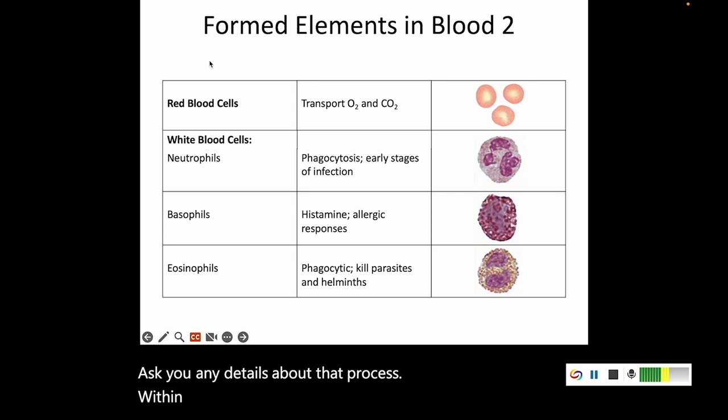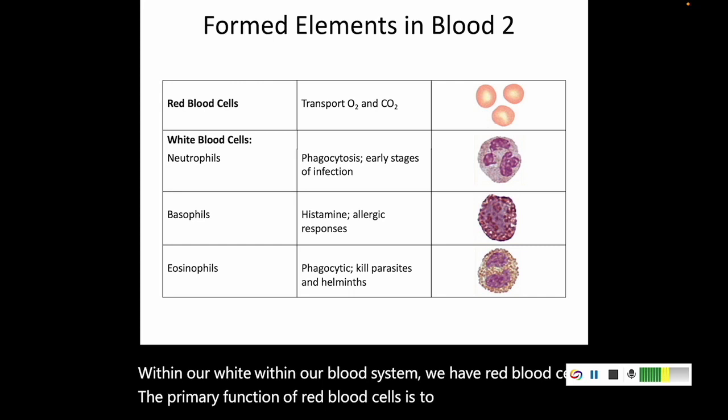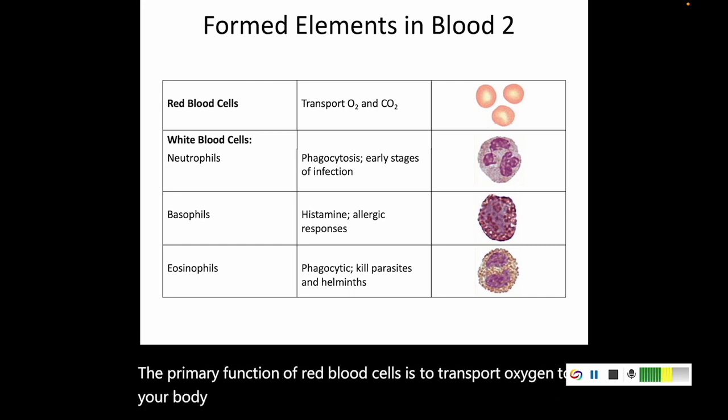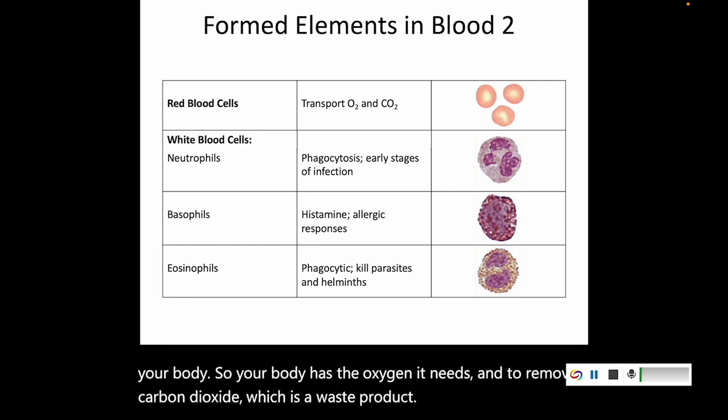Within our blood system, we have red blood cells. The primary function of red blood cells is to transport oxygen to your body, so your body has the oxygen it needs, and to remove carbon dioxide, which is a waste product. It includes